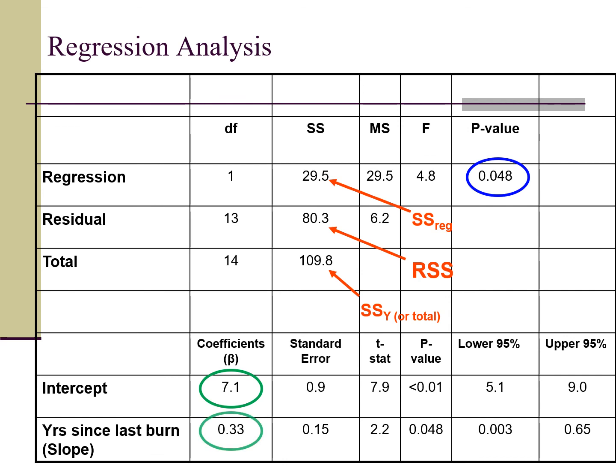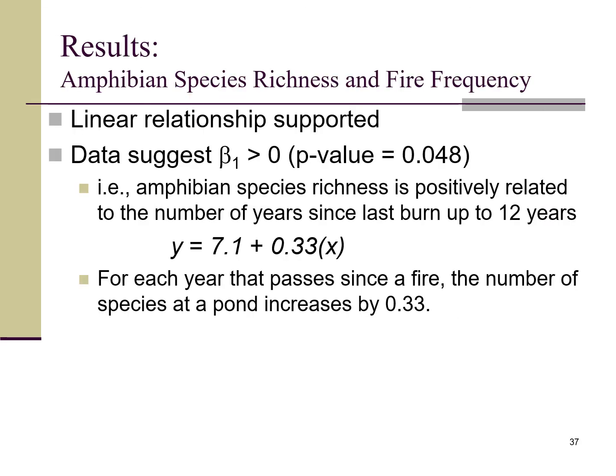And again, you have your coefficients and the standard errors, etc. So the linear relationship is supported, and the data suggest a beta 1 greater than 0. There's a positive relationship between the number of years since the last burn up to 12 years, and for this particular sample. So I guess one way to say it is that the number of species of the pond increases by 0.33 each year, or you could also say about every 3 years, a new species is added to the pond, which is kind of a lovely thought, actually,